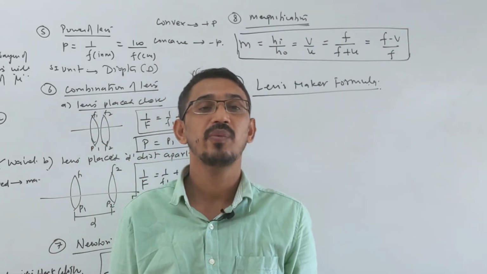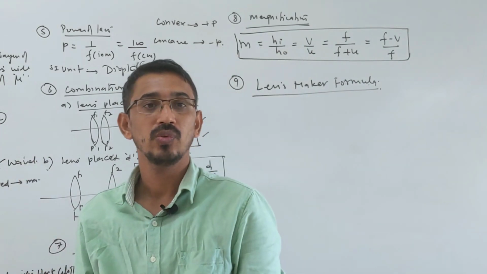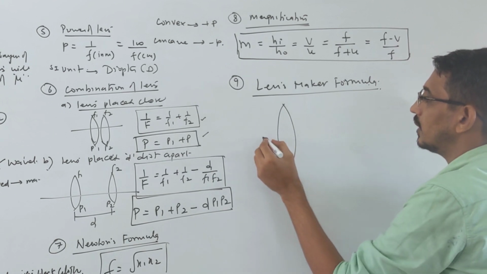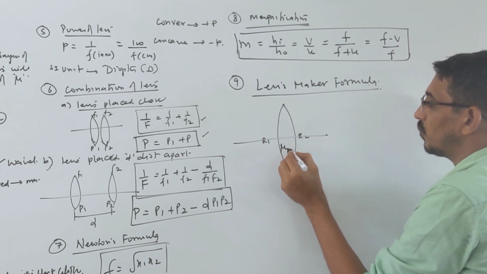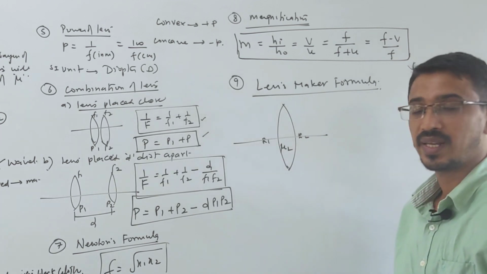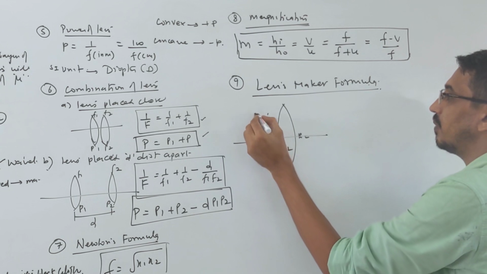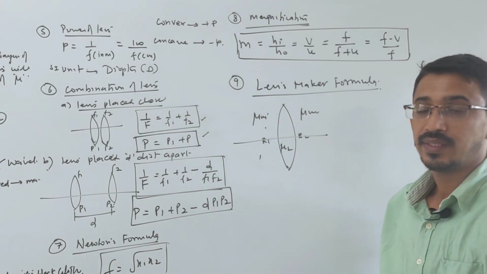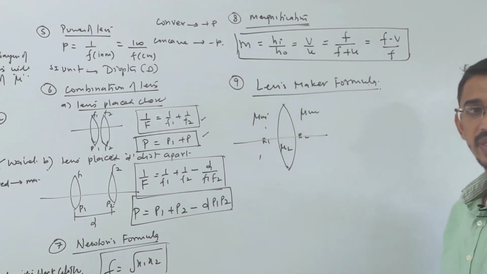Say that you have any type of lens. So you have the radii of curvature r1, r2. Suppose this is a lens, and it has radii r1, r2. It's made up of some refractive index mu l. Mu l means the lens is placed in some surrounding, maybe air or some medium. Let's call it mu m, the mu of the medium. Then how the focal length and mu are related is given by the derivation, which we don't need here.